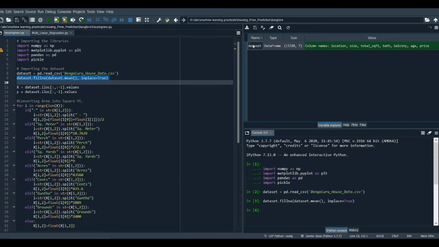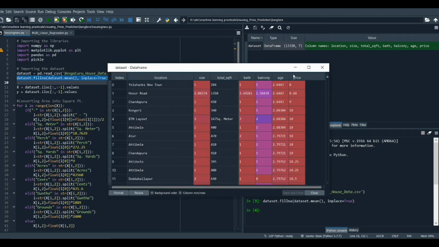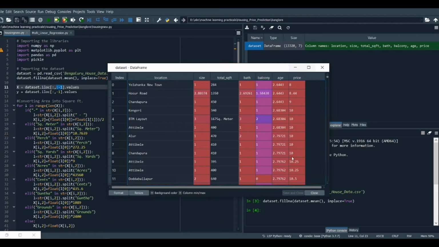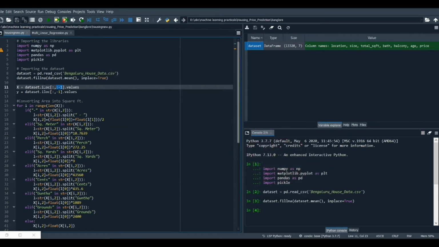Now we are going to create our variables, which are our independent variable and our dependent variable. So in the dataset, as you can see, the price is our dependent variable. All the other variables are our independent variables. So in order to do that, we are going to use the dataset.iloc method, and we are going to create x as an independent variable. So x is equal to dataset.iloc, and we pass a colon for all the rows of the dataset, and then after the comma we pass :-1, which means it's going to return all the columns except the last column, and in this way it's going to create an independent variable.